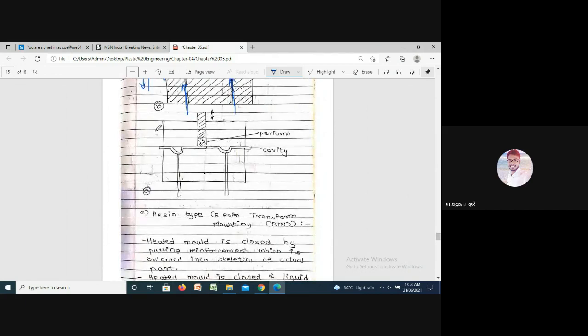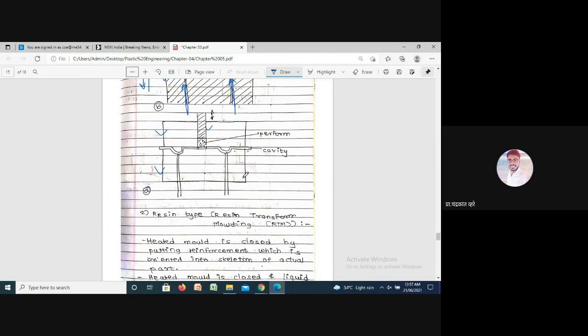This is the upper die, this is the lower die, this is the plunger, and we are inserting metal into this slot. You are observing this slot, or in technical words, the cavity. We are inserting the material and making the product.